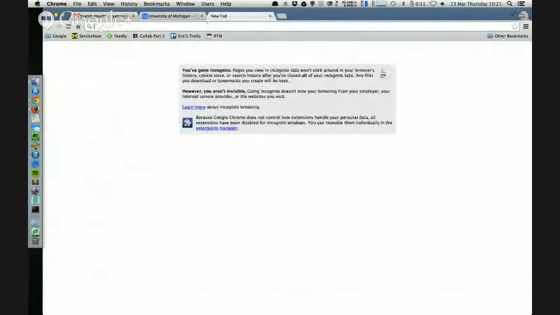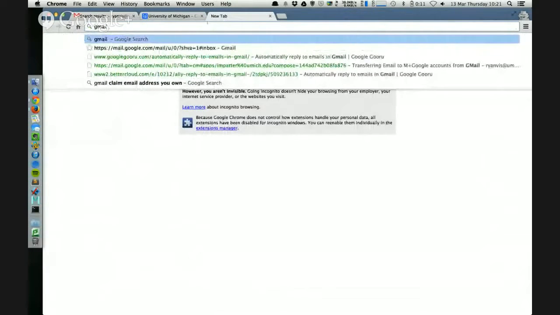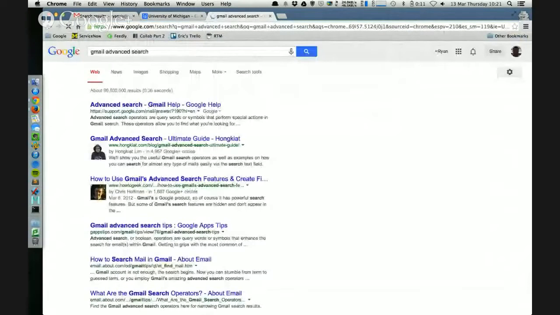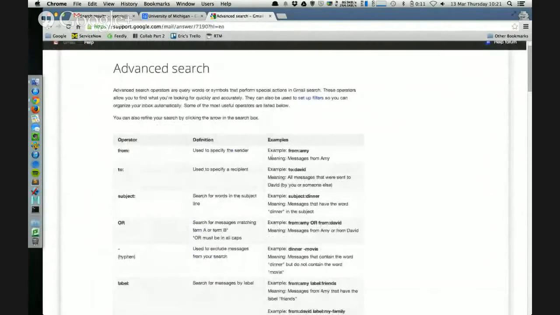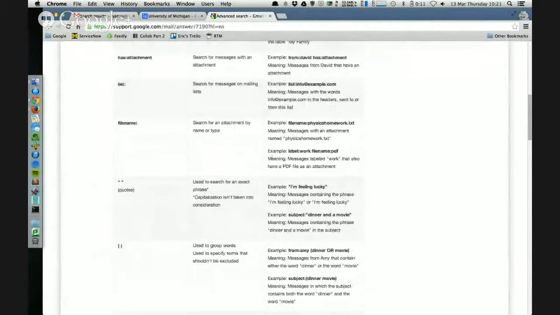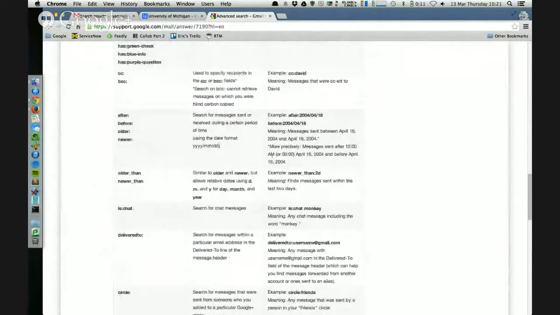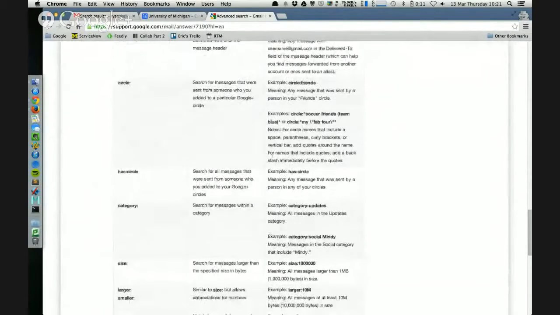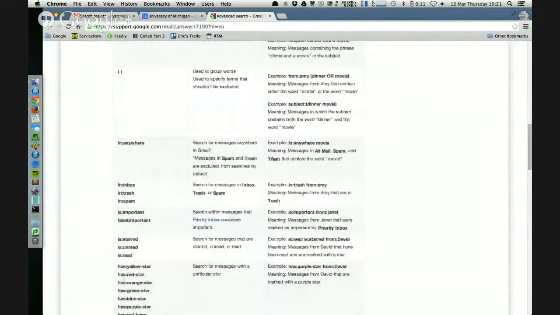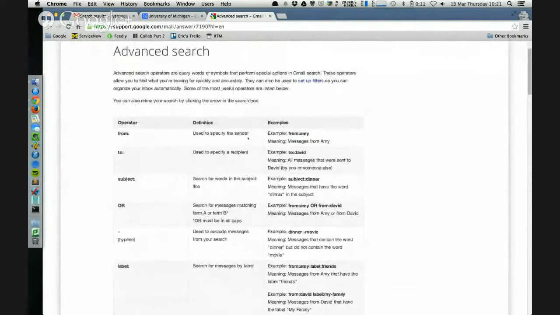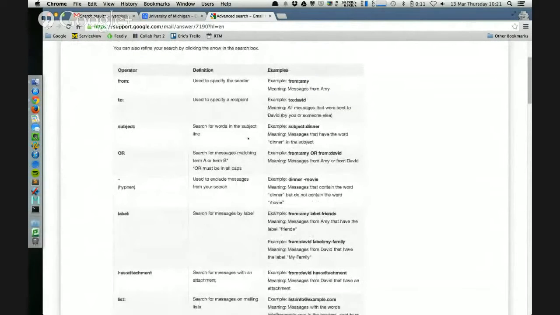If you search for Gmail Advanced search, the very first link here is a support document from Google. This is the complete list of things you can search for, and it, as you see, is very, very long, very, very specific. There are lots of search criteria you can add, and there are probably some things that you may not think you could have done. Things that aren't necessarily obvious, but that you can probably find use for in your mailbox when you're looking for specific items.